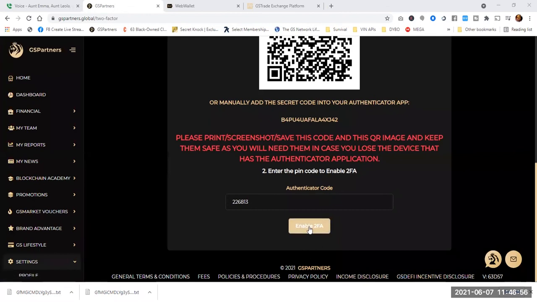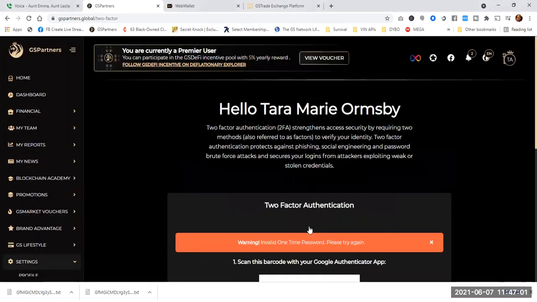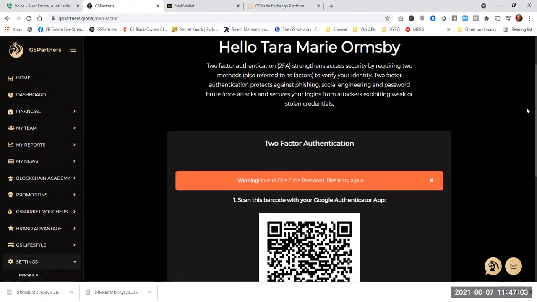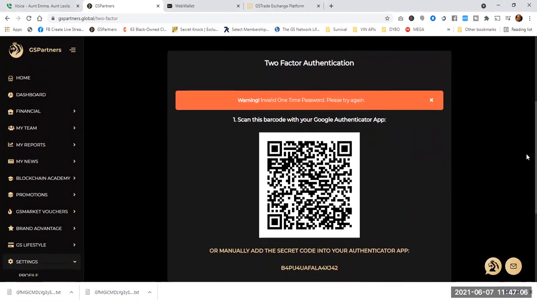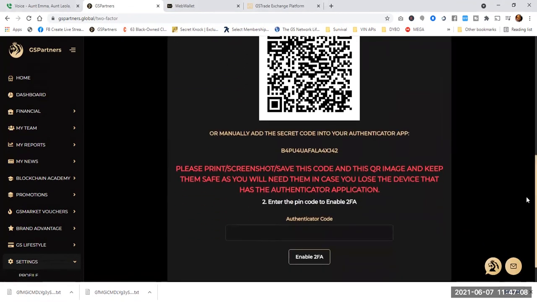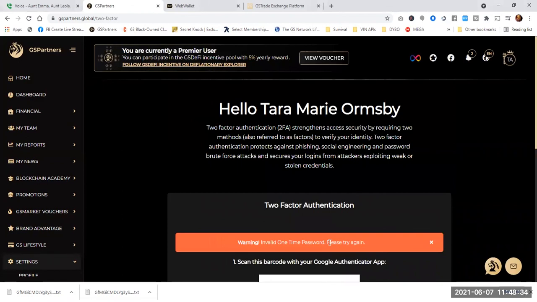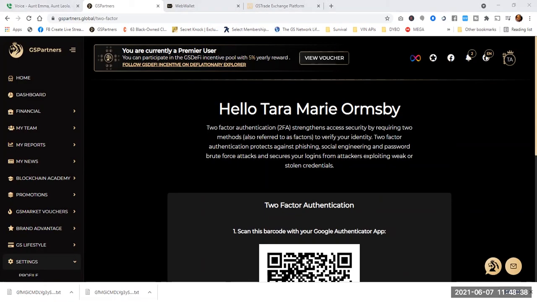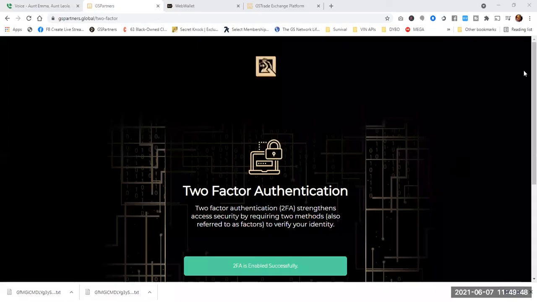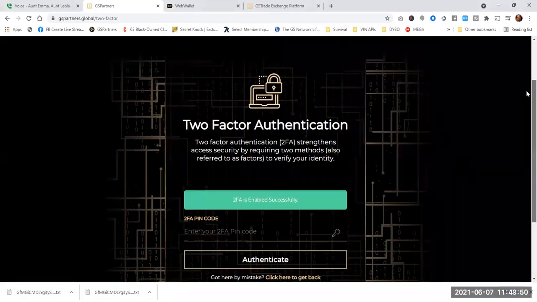All right, so once you put your 2FA code in, you want to enable authentication. Okay, and if you wait too long, then you've got to do it again. All right, so once you put in your 2FA,